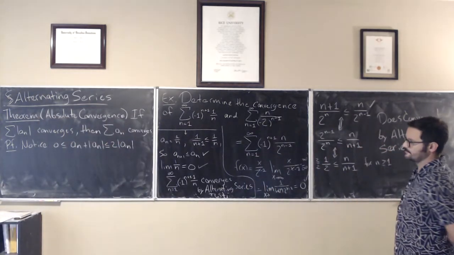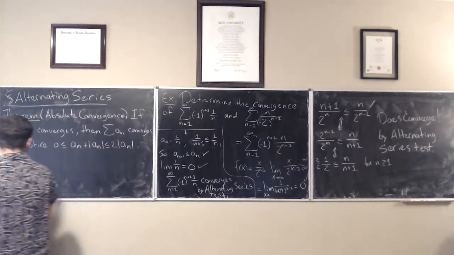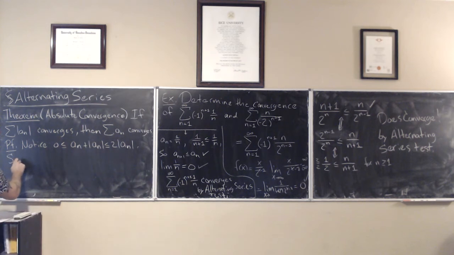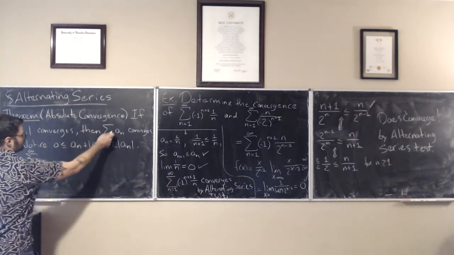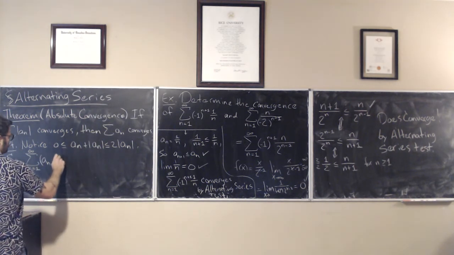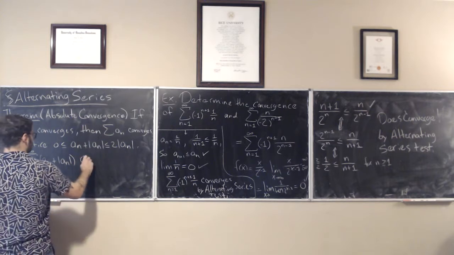Okay, because a sub n is at most its absolute value, so we get this bound. So the infinite series from n equals 1 to infinity of a sub n plus absolute value of a sub n converges